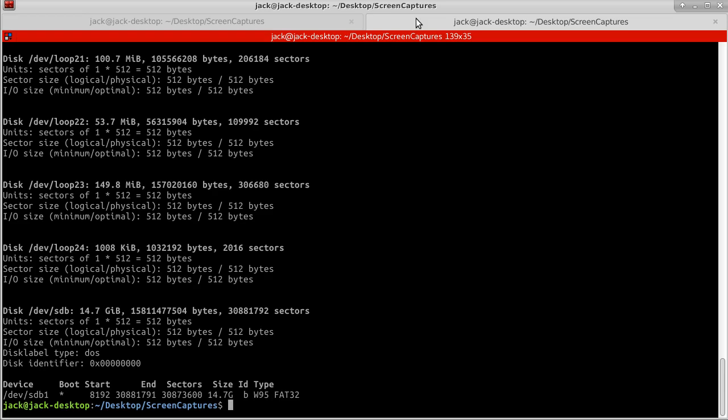I can tell it because it says 14.7 gigabyte, and that's what my card is. The rest of them are different things within the computer. It also shows my different drives, the partitions, and everything else. But what I can also do, if I want to limit what I'm looking at here, is fdisk -l